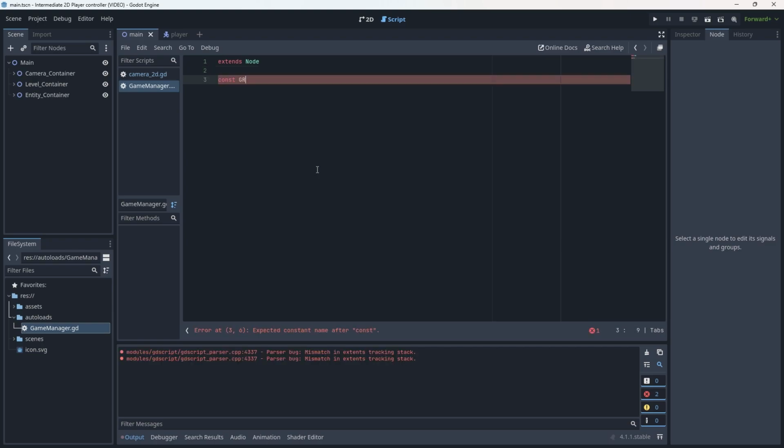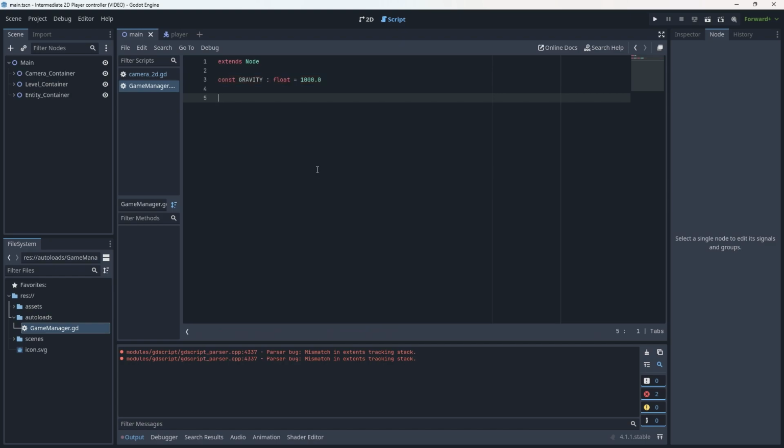So we're going to create a new const. It's going to be called gravity. It's going to be set as a float, and we're going to just set it equal to 1000. The last part of actually setting this up is going to be a function. We are going to want to put the function for applying gravity in here, so any other physics-based node can actually use this function to apply gravity to itself. So we're going to write func apply_gravity,